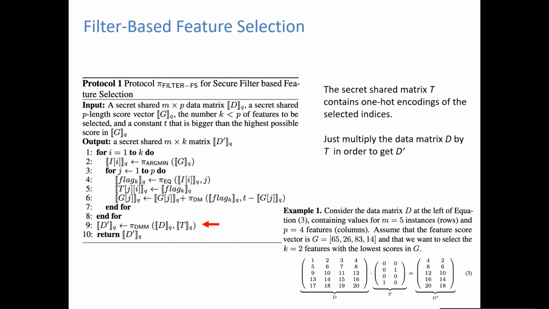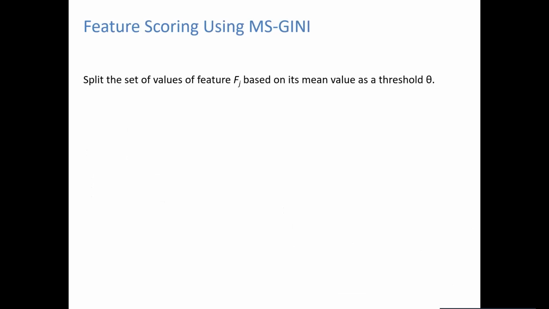Okay, so that's for the filter part, and then let's move on to see how we compute the scores for every feature. Let me briefly mention that in case this data was partitioned in a vertical way, so every feature is held by some of the parts, and also the labels were available to all the parts, then the computation of the scores of the features would become trivial, right? For each feature, there will be one part that holds all the values for that feature and holds the labels as well, so it can compute the scores